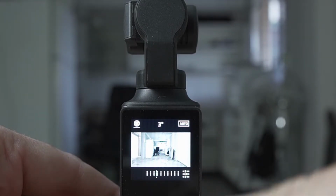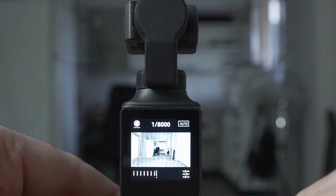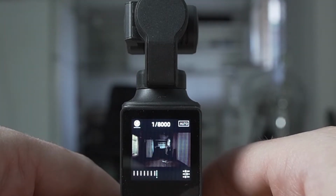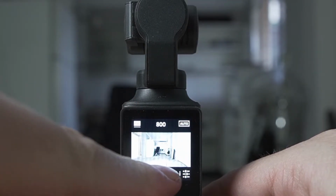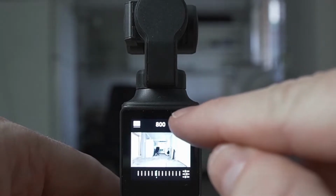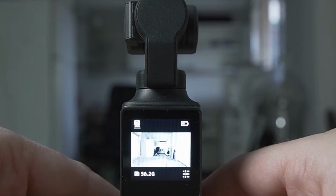You can see there it's a 3-second timer on the shutter speed, 1/25 shutter speed. If you mess anything up, you click on the little auto button on the top right to reset it. Then you can change the ISO in a similar manner if it adjusts your darkness of your image. Click on the little gears to go back, or in the middle of the screen to go back to photo